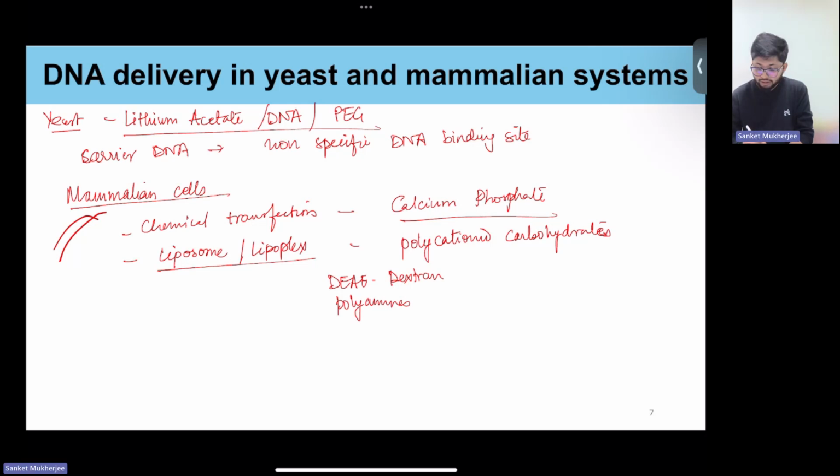So lipofectamine is another example. Then we have